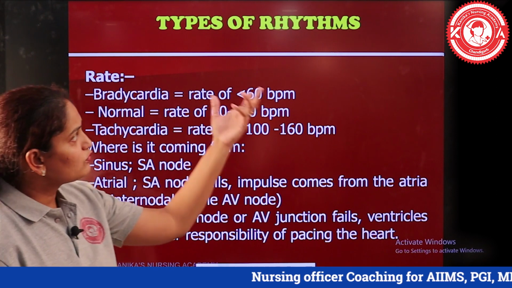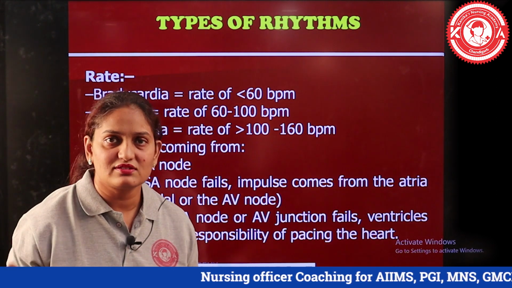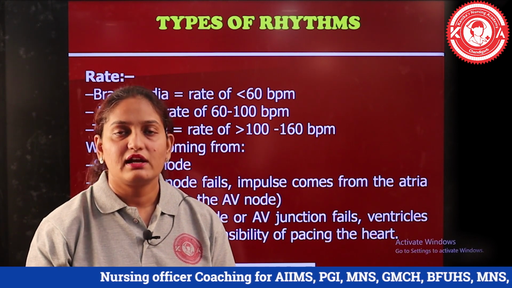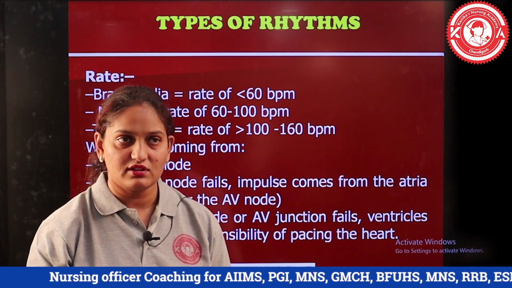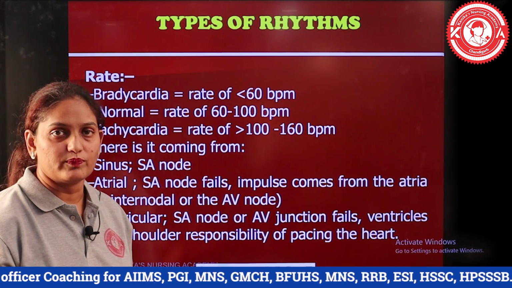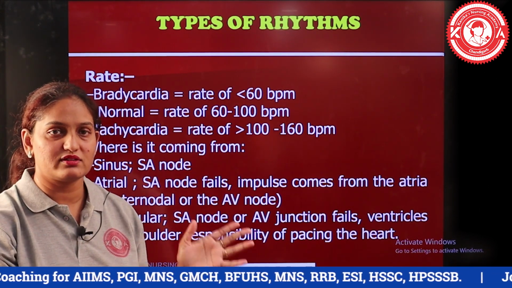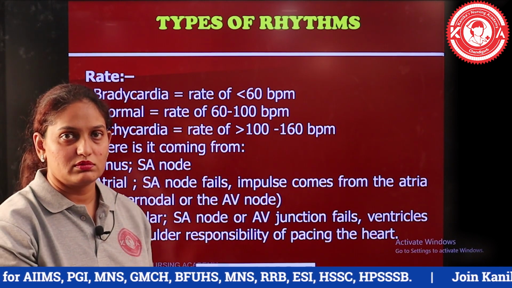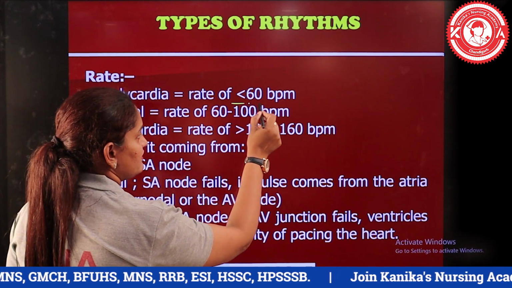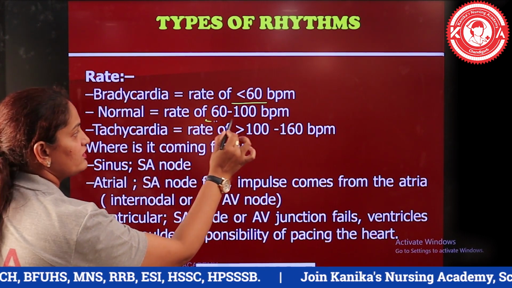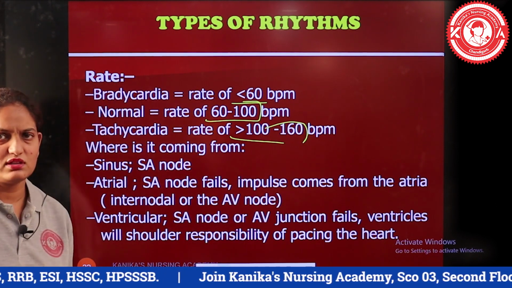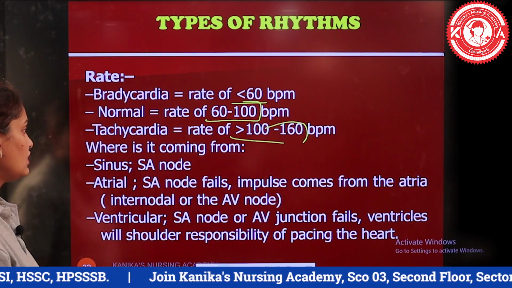Okay, so this was the basic description of interpreting the ECG and the 5 questions which we need to answer. Now I will briefly go over a few things for a quick review, so that all of you are able to understand the normal and abnormal phenomena. Bradycardia is a heart rate less than 60, and normal is between 60 to 100. Tachycardia is more than 100 up to 160, meaning more than 100 is tachycardia only.